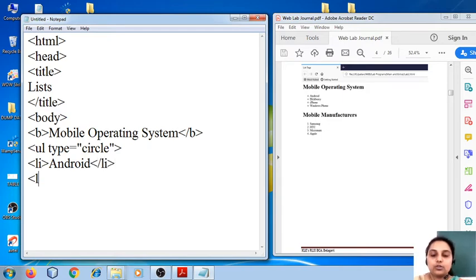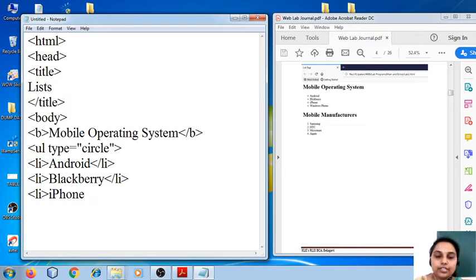I am going to list out all the items using the LI tag. I have listed all 4 items.